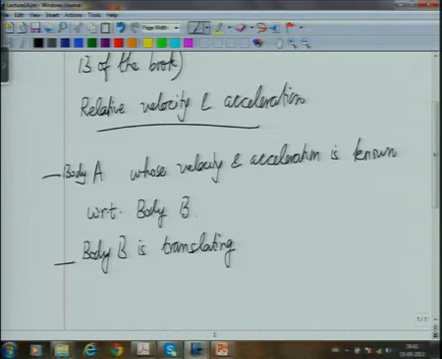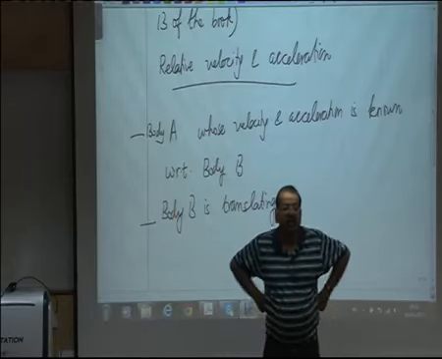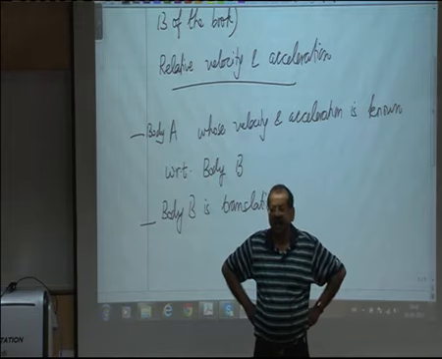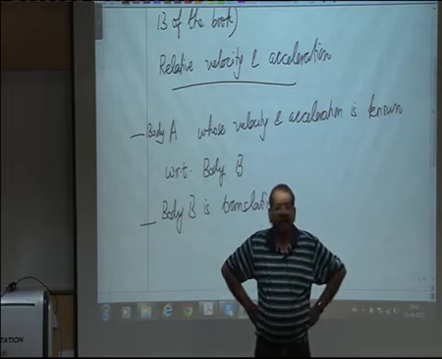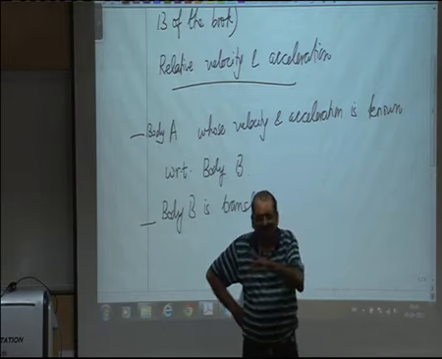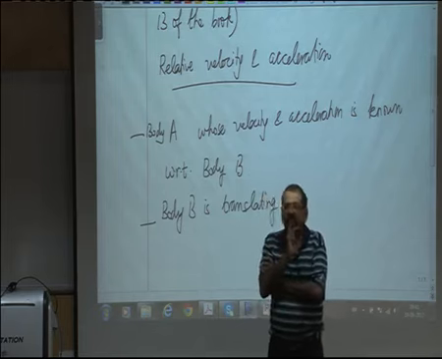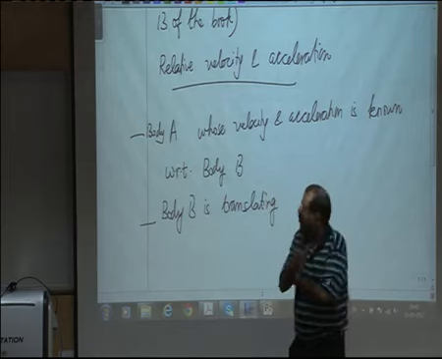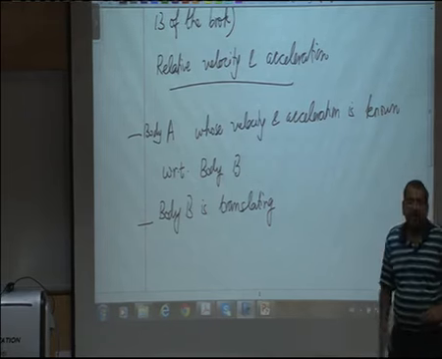Later on in the course, when we come to chapter 15, we will take up the general formula where the body B need not be translating. Now, what is the meaning of a translating body? Let us get that very clear. What would you say is the meaning of a translating body? Again, that is exactly what he says, moving in a straight line. Now, that is where I'll differ slightly. A translating body is one